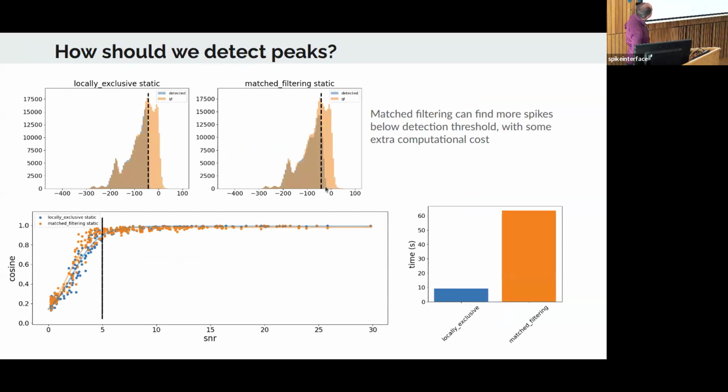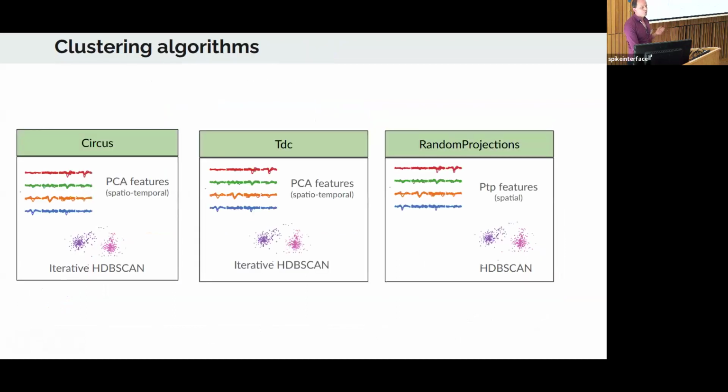With the match filtering stuff, actually, you don't see it properly here, but we can find and recover some spikes that will be below the detection threshold because of this match filtering approach. So if I'm looking at the cosine, so the similarity between the templates of the cells that I have in my ground truth and the one that I've recovered, we see that indeed using match filtering is helping to recover smaller units. Here, I'm getting more smaller units. But it comes here at a cost, it's slower because I'm generating a huge amount of templates and I'm convolving all my traces with those templates. So it could be efficiently done with GPUs, but here it's on CPU. But so there is a gain, at least we can quantify it.